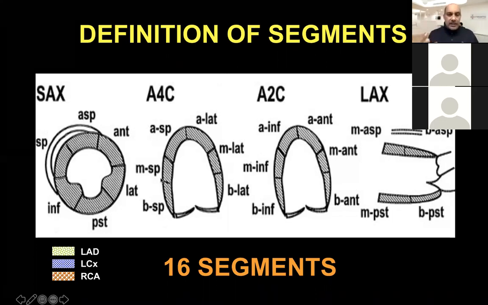We have three major arteries: left anterior descending artery, we have circumflex, we have right coronary artery with variable distribution. I'm going to go with the common distribution, and then you can extrapolate a little bit of overlaps, which can happen from time to time. So where does the LAD run? Obviously, the rule of thumb is wherever the course of the vessel is, the adjacent segments are supplied by